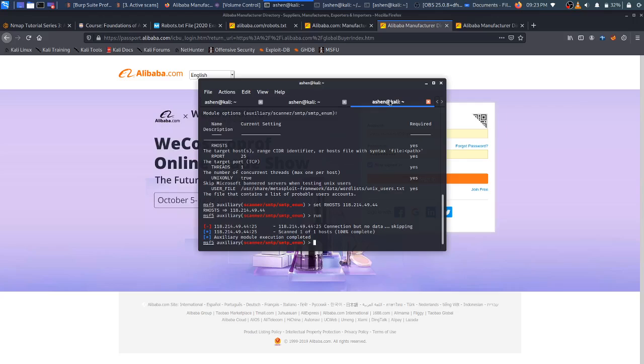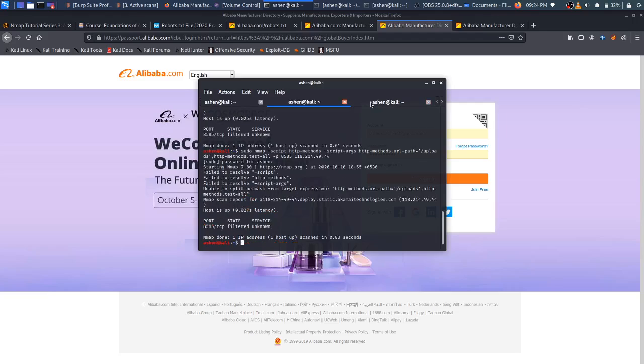I used that port to retrieve some information, SMTP enumeration, with the rhost set to Alibaba.com's IP address, but I got nothing in execution. I will try to do more in this scenario next week.